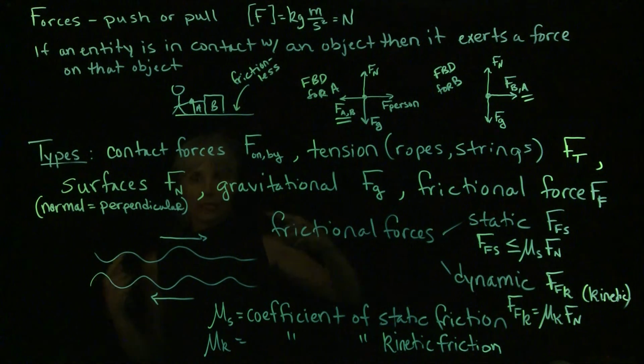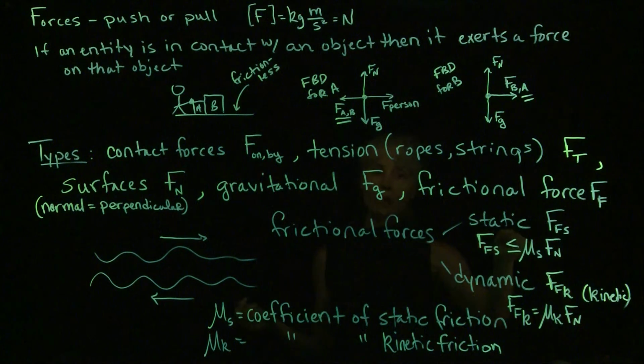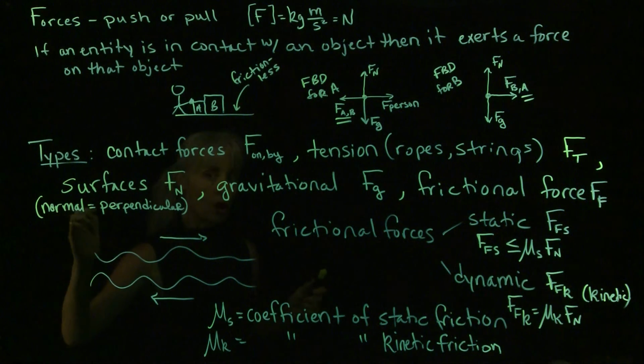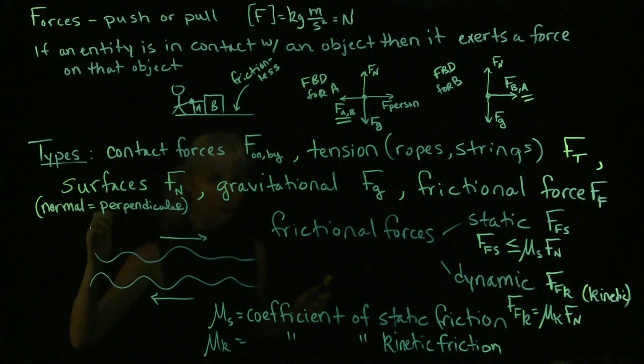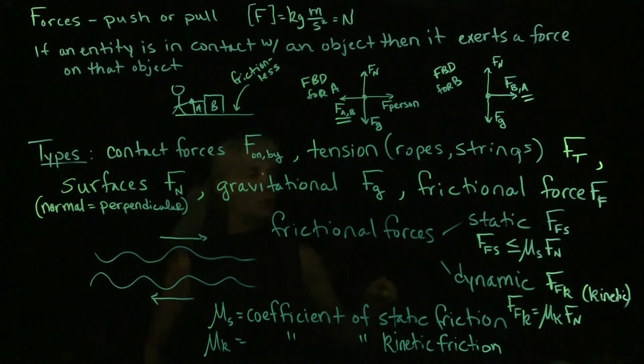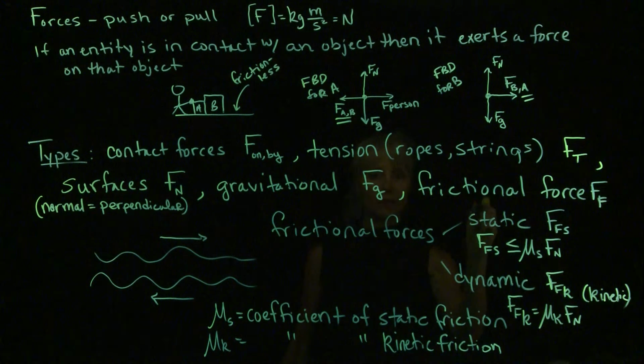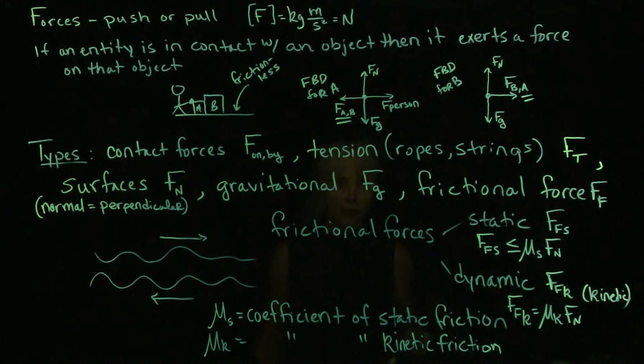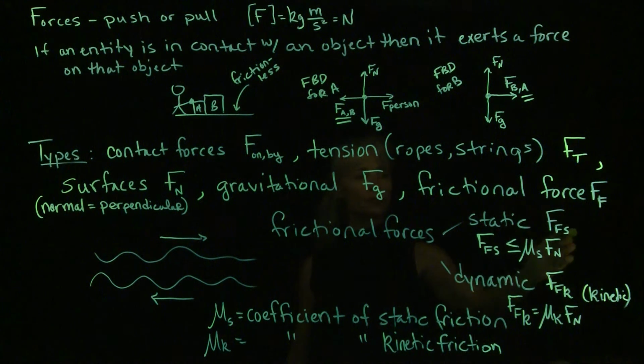So frictional forces can actually be divided into two categories. There's static friction, where there's no sliding. So static friction is when you are trying to exert a force to slide an object across another object or surface, but the object is not yet in motion. So that would mean that the two surfaces are static with respect to one another. Static friction is going to get the symbol F sub Fs, and static friction is a force that can vary. It's the only force we're going to need to worry about varying, but we're going to have to remember to keep in mind that this particular force, the force of static friction, can vary from 0 up to some maximum